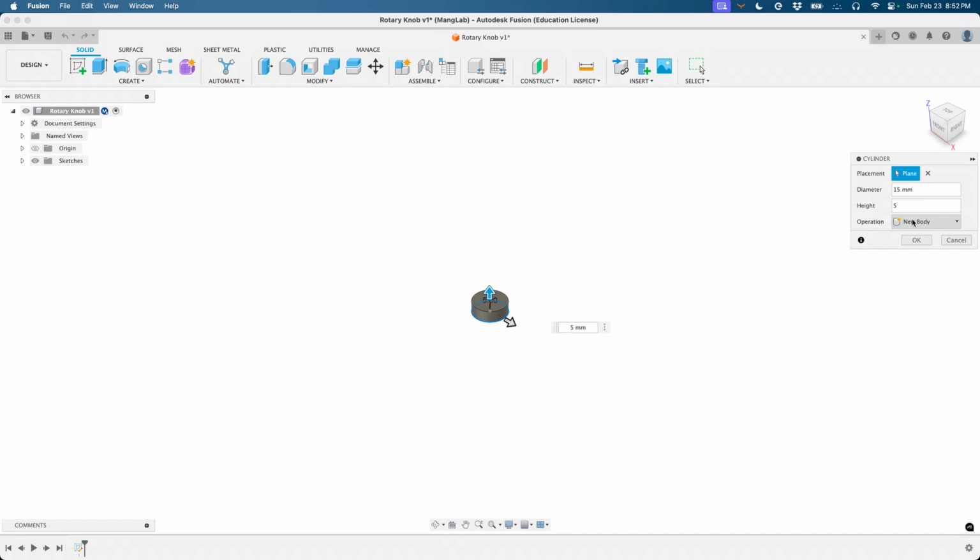And you can see here in the operation, it's saying new body. What that means is it's going to create a new solid, which is not connected to anything else, a new body. Hit OK. And so now I've got my little cylinder here,